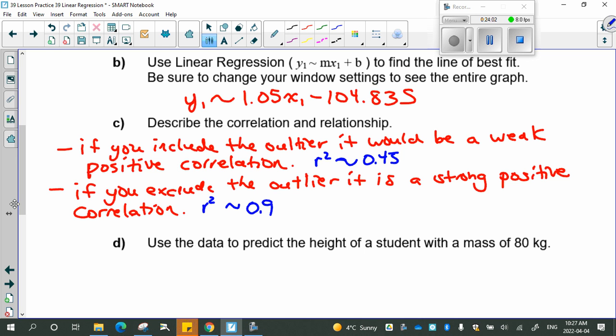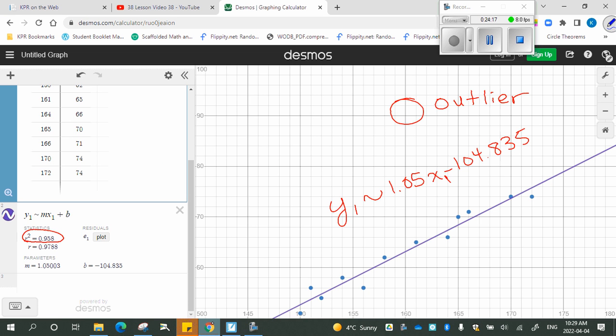Okay, so it'll take a little while to copy that down, and we have to use the data to predict. We're only predicting the height of a student with a mass of 80 kilograms. So we go to our graph for that. So 80 kilograms is the mass, and mass is the y value. So we're going to go across, we're going to actually click on our line, but we're going to go across until we hit the line, and then see what that point is when we use our screen. So if I click right there,